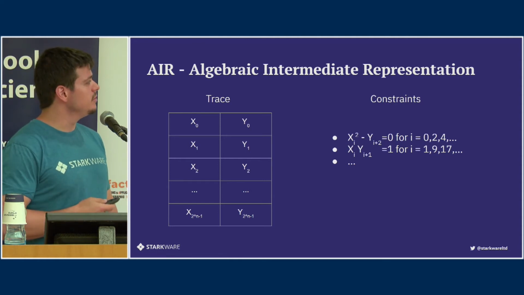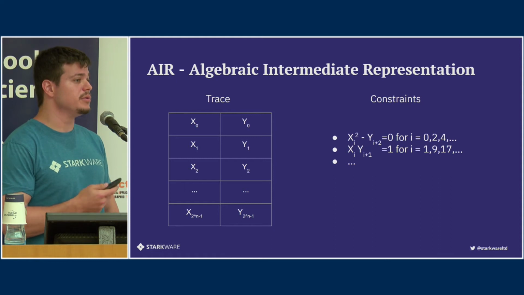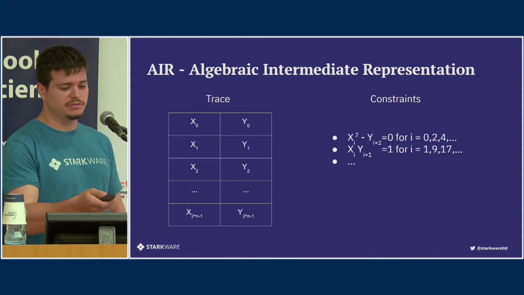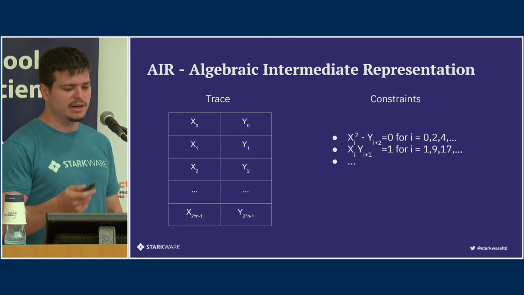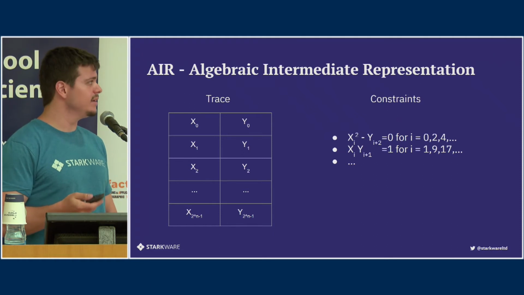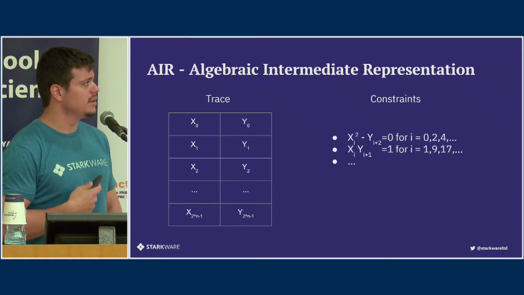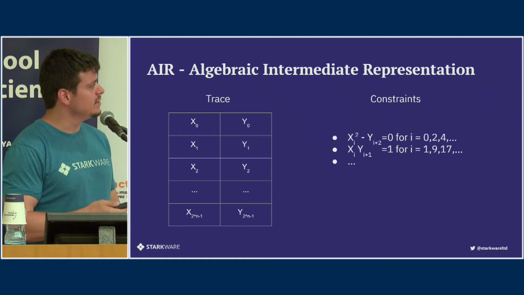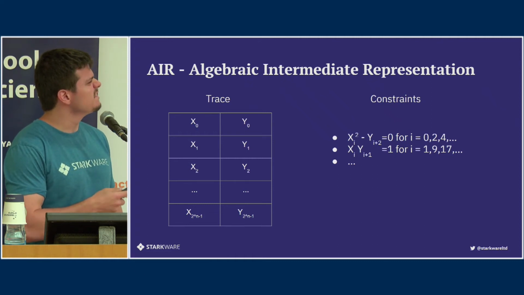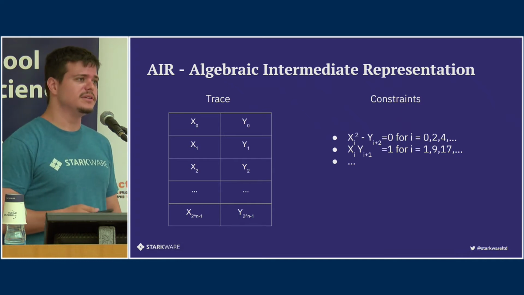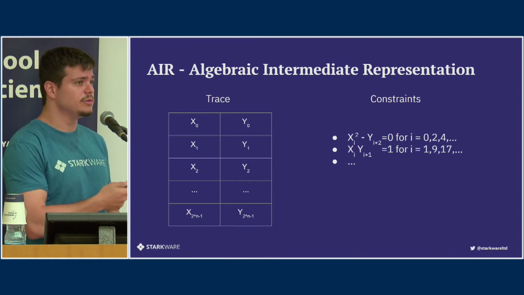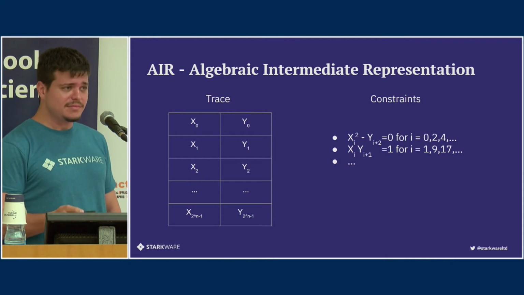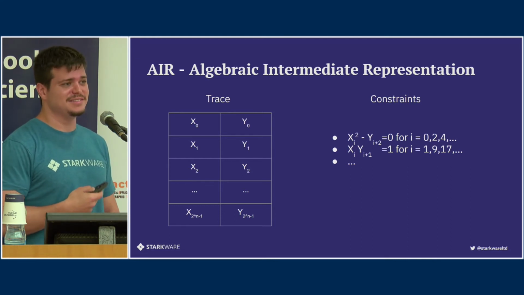For example, if I wanted to prove the computation of the Fibonacci sequence, I could have had 2 columns like here, and I could have one constraint that says that x_{i+1} is y_i, which is just copying the last y, and that the next cell is the sum, like y_{i+1} is x_i plus y_i. So just some constraints that describe the evolution of the state from one row to another. In Fibonacci, it's pretty easy.